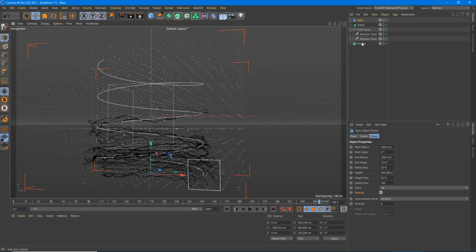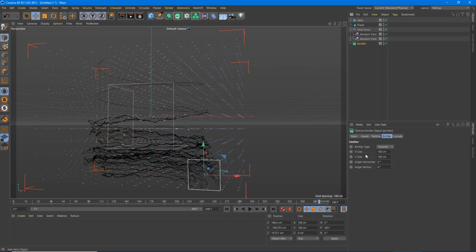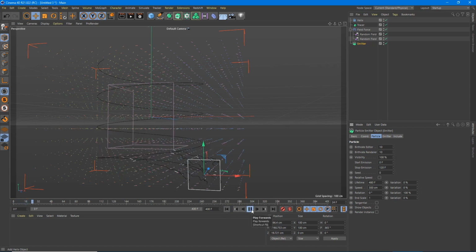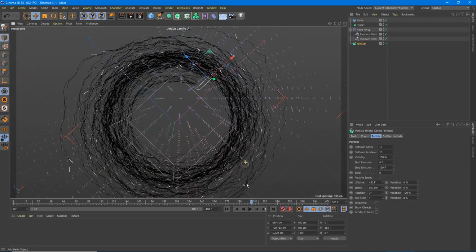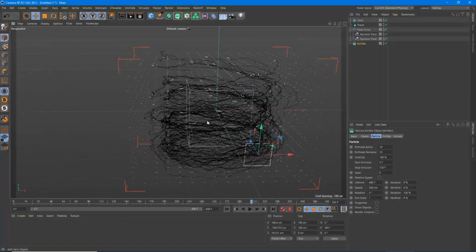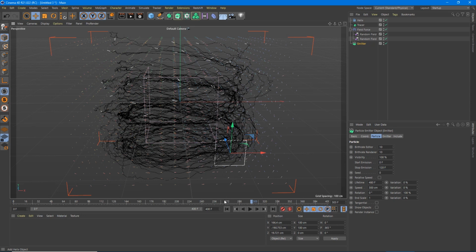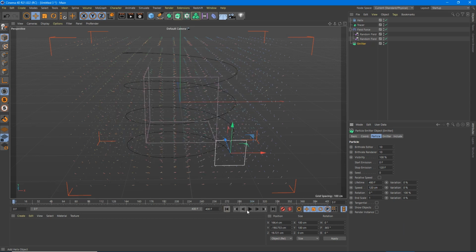And let's say, okay, I want it to go faster. Well, you're going to change that in the particle emitter. So let's say we want this to go 300. Go back. Pew! Pretty cool. So already you have these bizarre, wild shapes that you couldn't model easily at all, and they're really cool. So let me show you one other thing, and I'll tell you how to model it back. So one thing you can do,